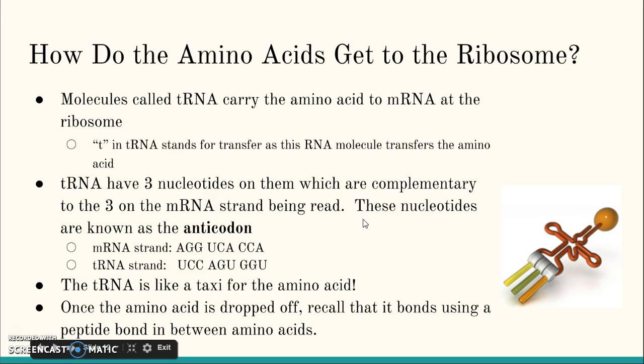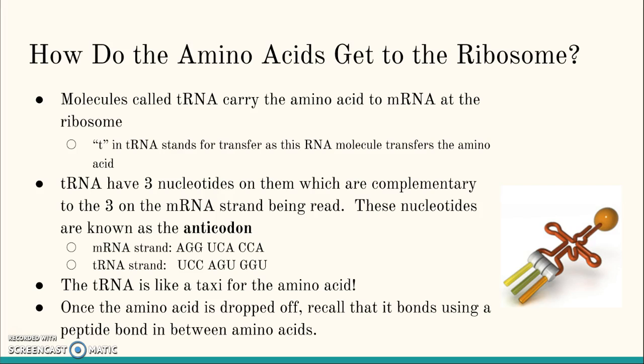So how do the amino acids get to the ribosome? Well, a molecule called tRNA carries the amino acid to the mRNA at the ribosome. The T stands for transfer, as the RNA molecule transfers the amino acid. Now, the tRNA also has 3 nucleotides, and it is still an RNA molecule, which are complementary to the mRNA strand being read. So it's going to come in, and these